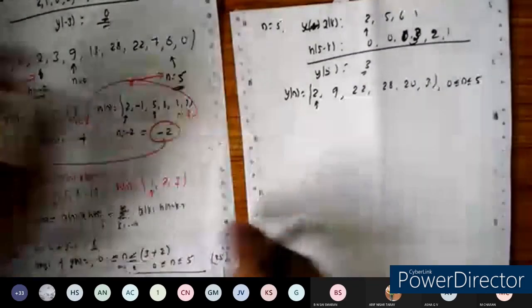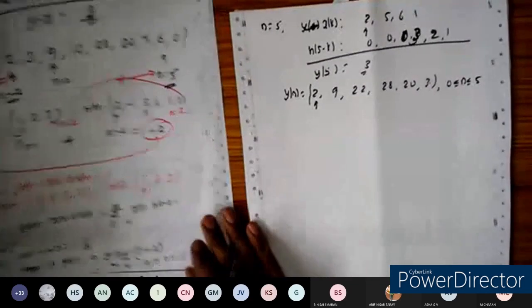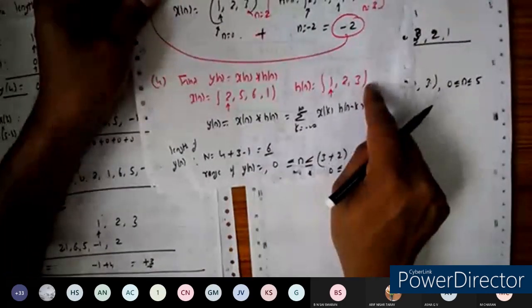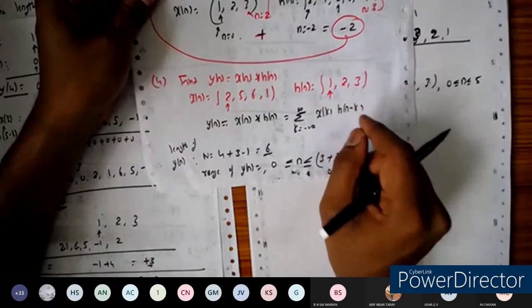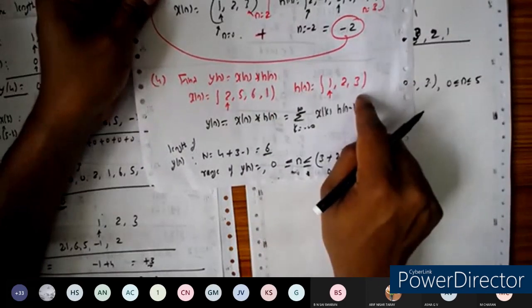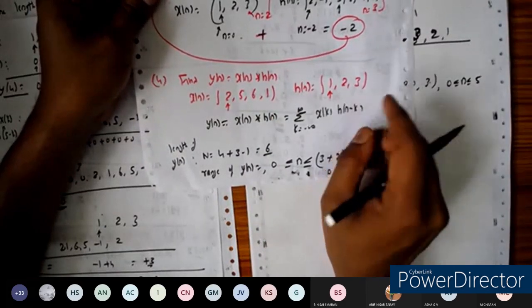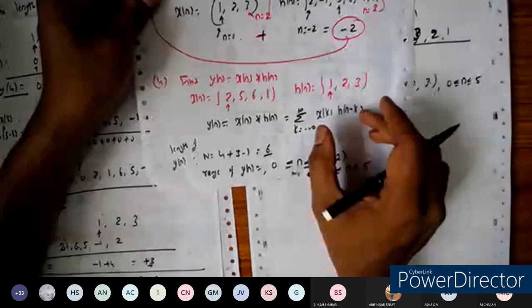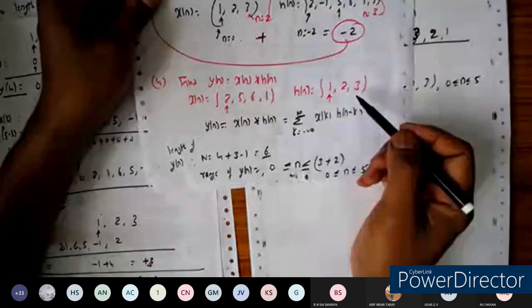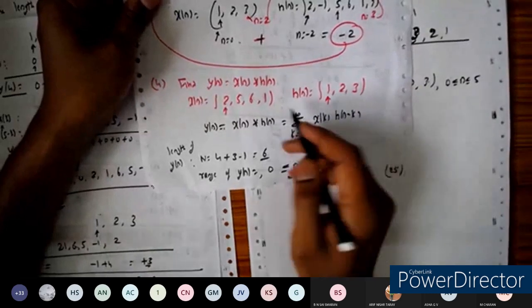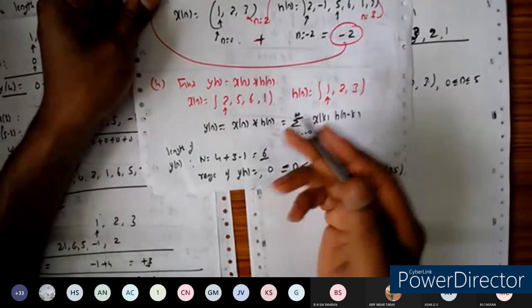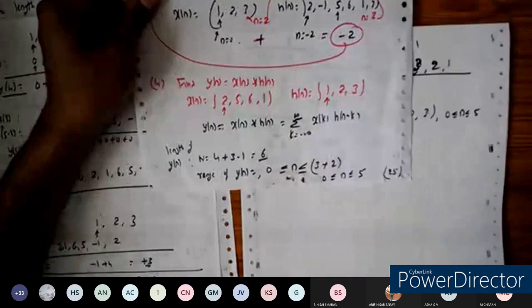Right now you have got the solution for the linear convolution of these two sequences. Now how do you verify whether the answer you got is correct or not? Within a fraction of seconds you need to verify the answer. Suppose you are going to take a competitive exam, such as the GATE exam, and you want to find the solution within 30 seconds or 1 minute. So how do you find it? There is one shortcut method, and I'm going to tell you.